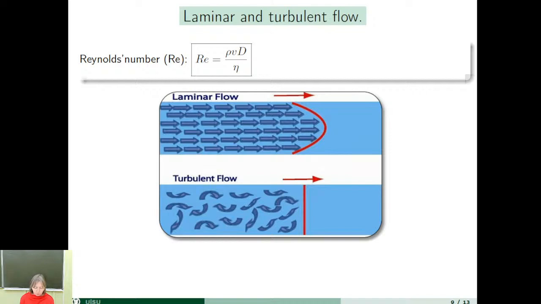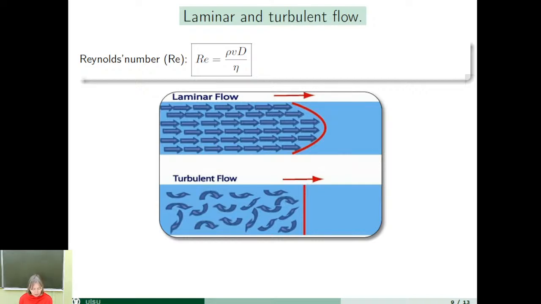The transition from laminar to turbulent regime of flow is indicated by a critical Reynolds number, which depends on the exact flow configuration